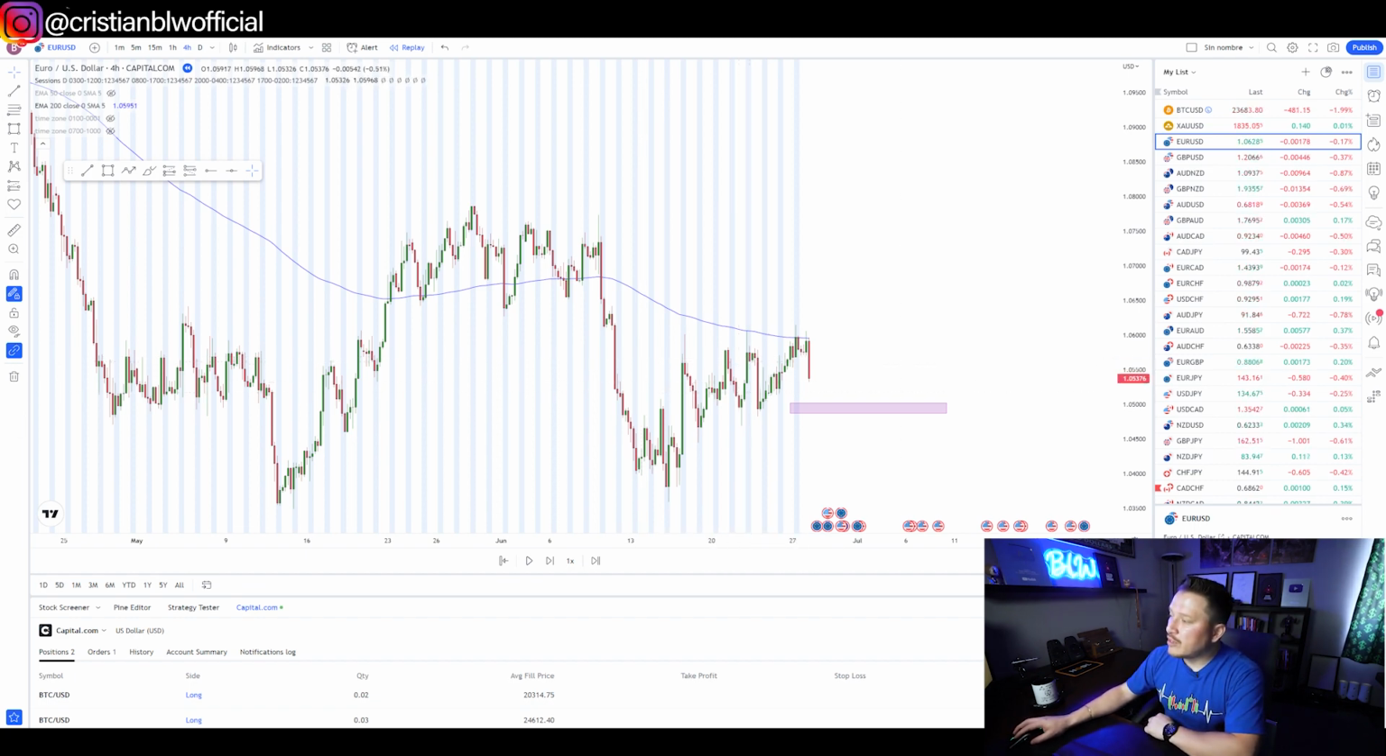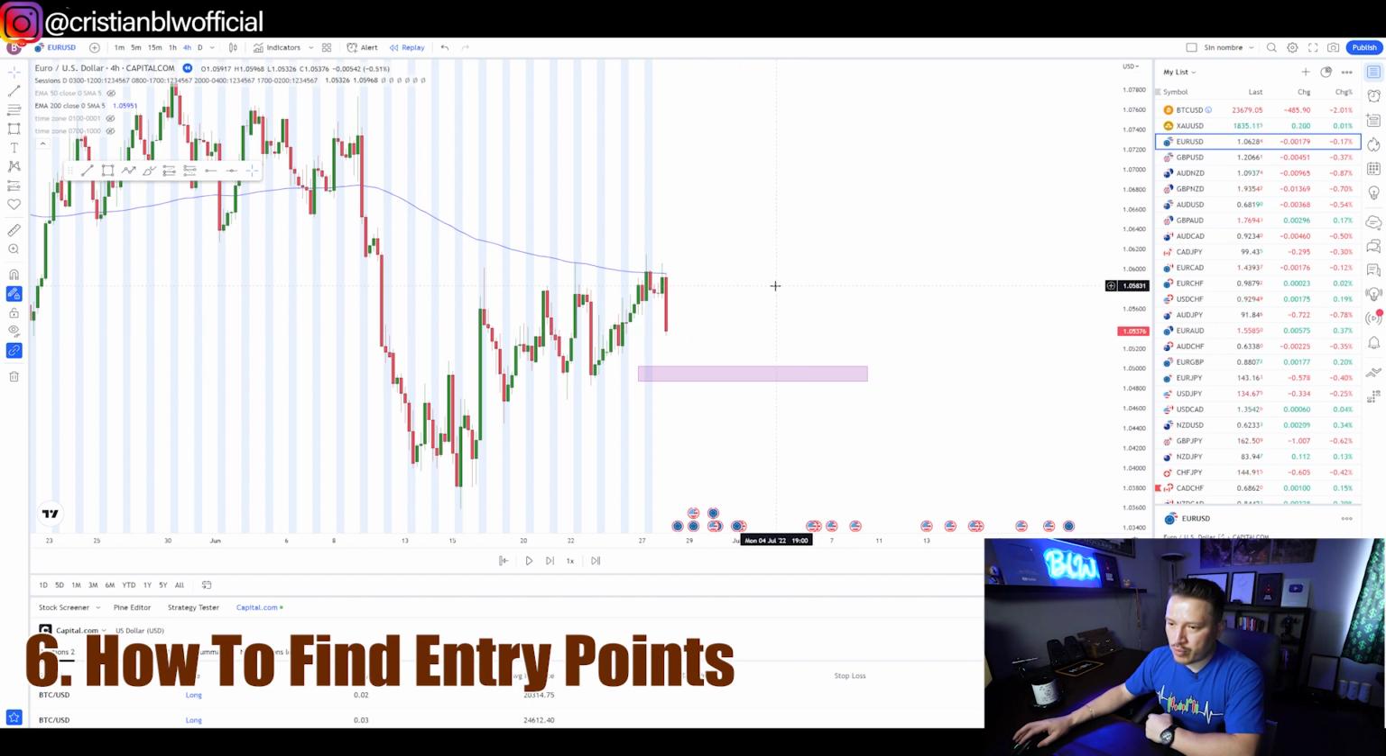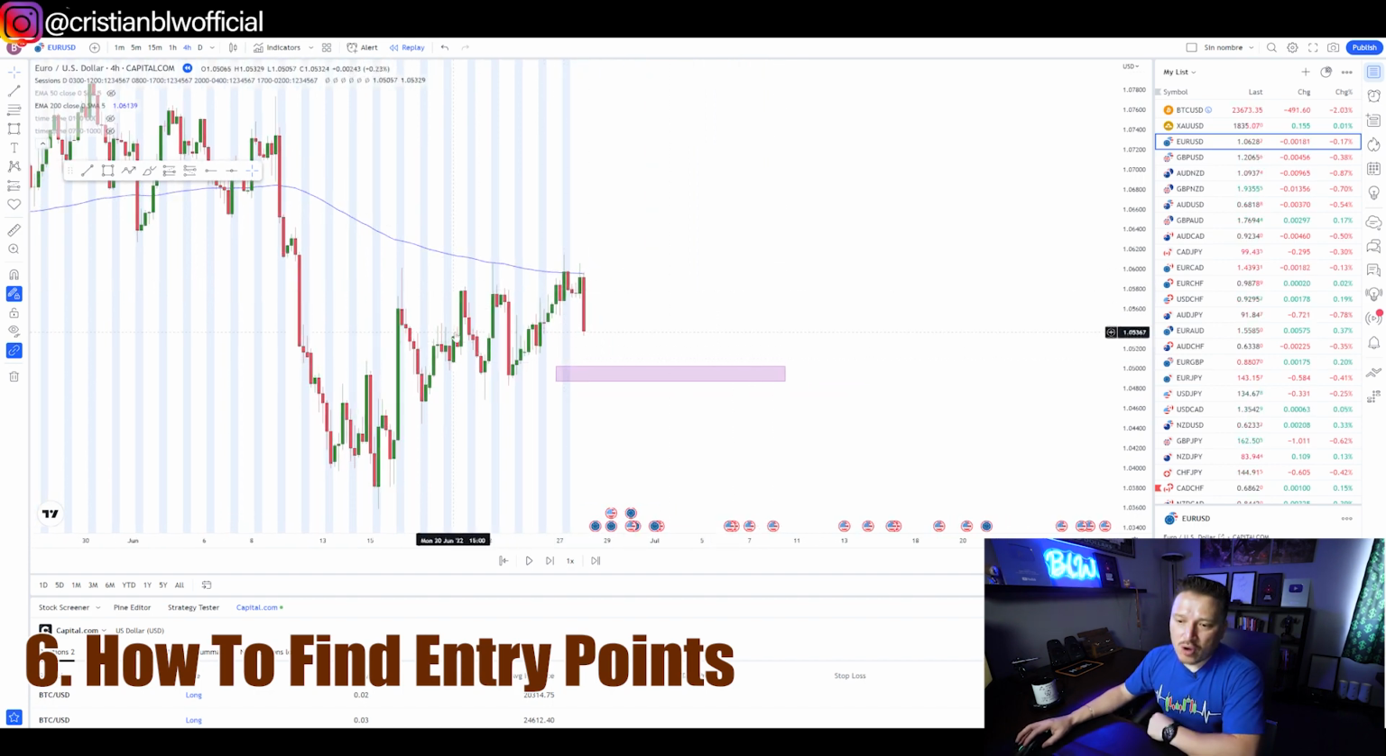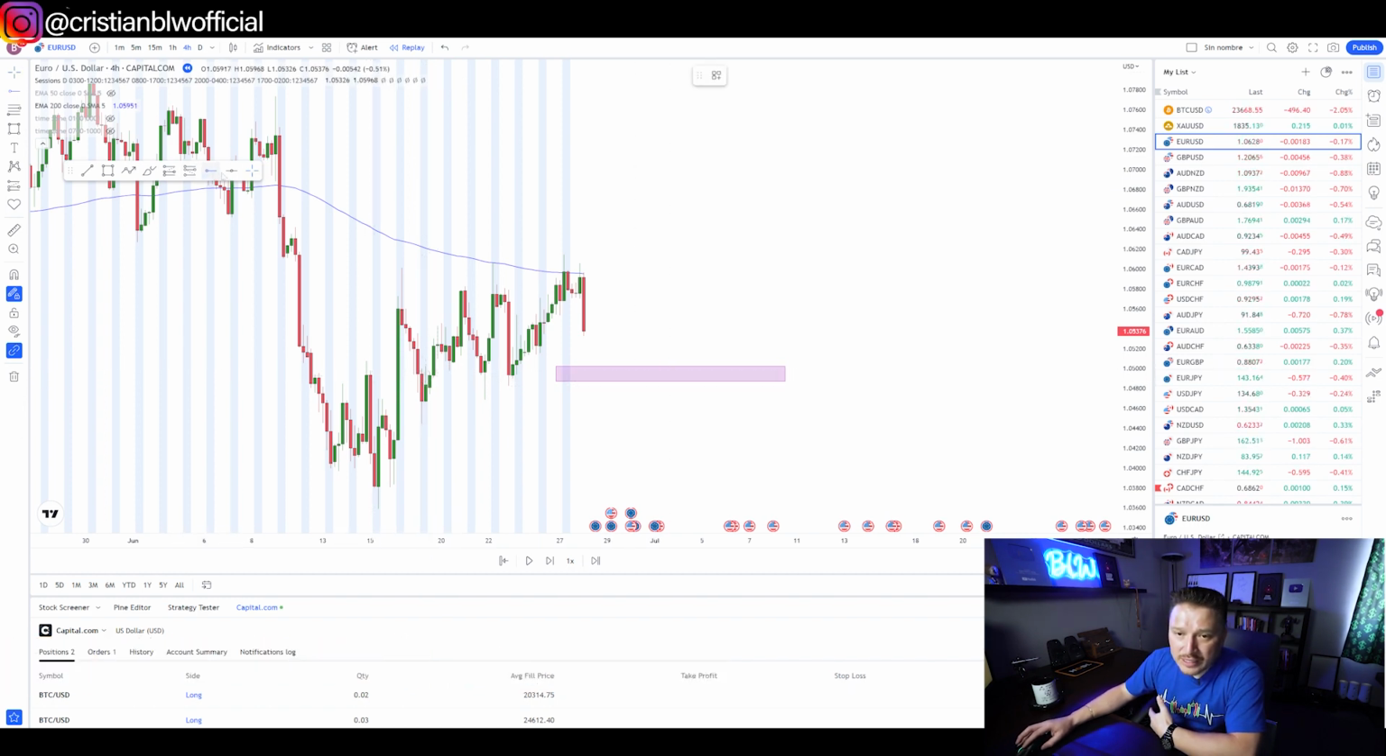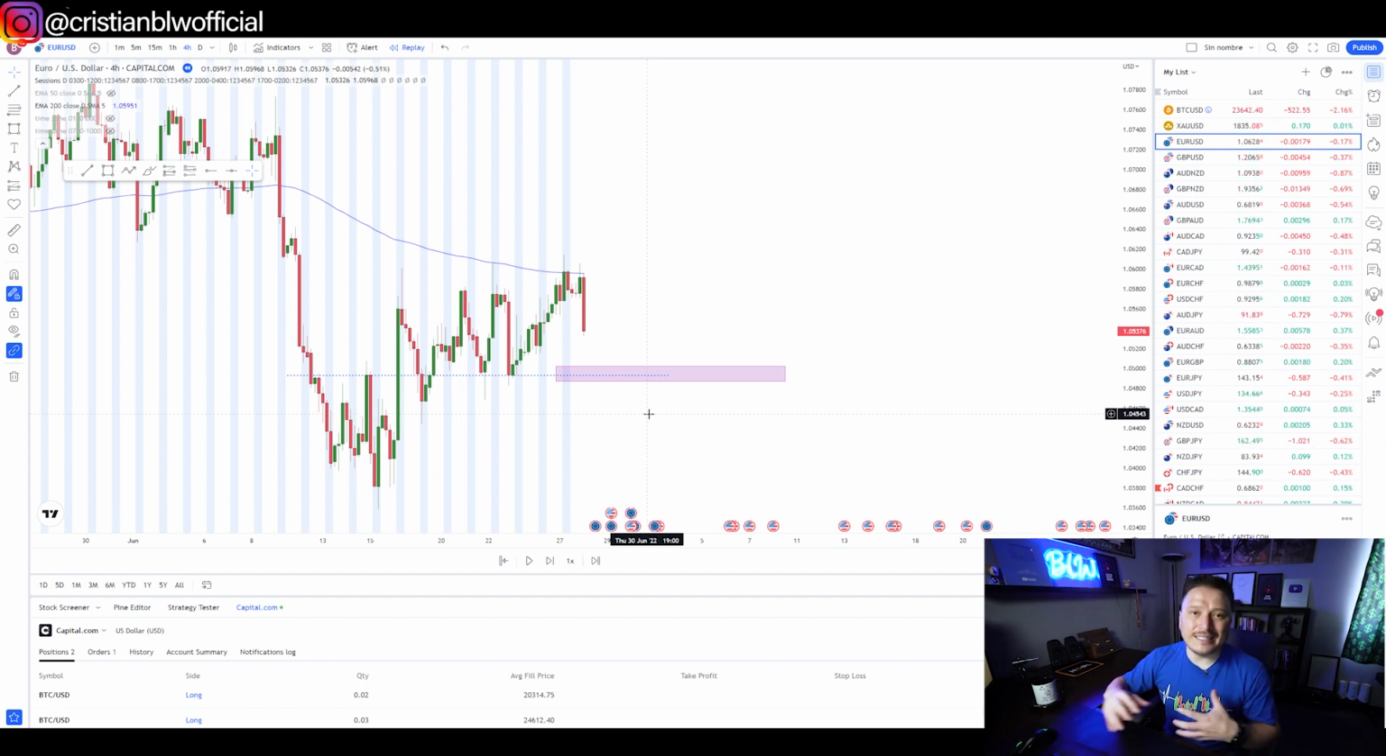Okay, now how are we gonna find those entry points that we need? First of all, we need to identify what a support line is. As you can see, I drew this order block in this area, but I can easily draw a line right here by identifying that this area was respected many times. You see, it was respected right here and in this area, and then it broke, then it was respected here and here. So it's likely that this is a strong support line,